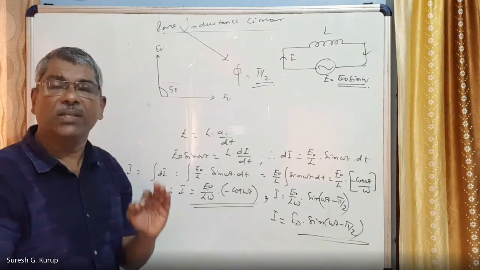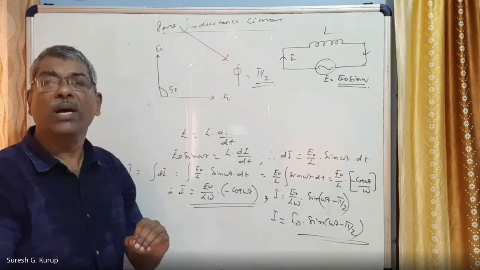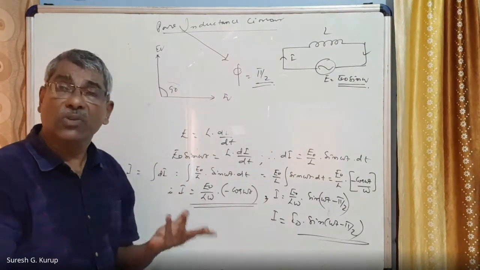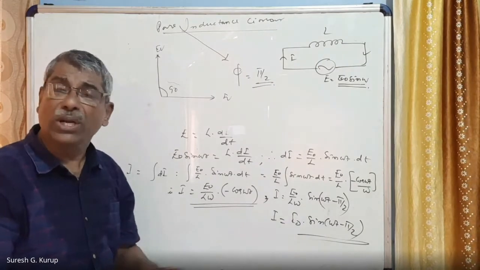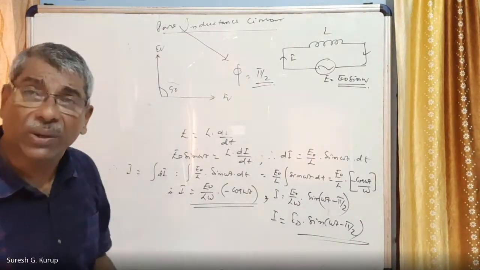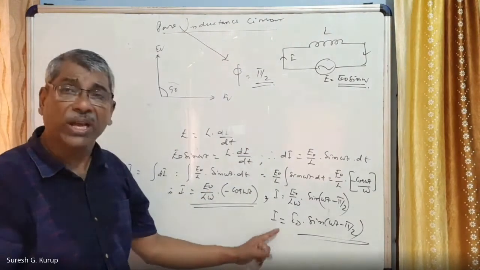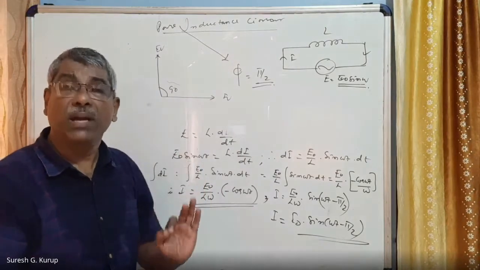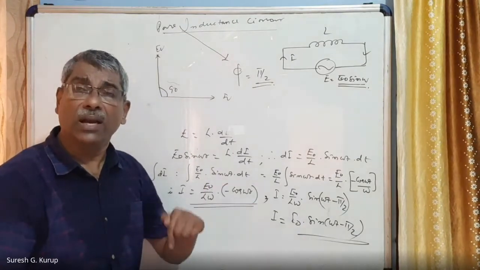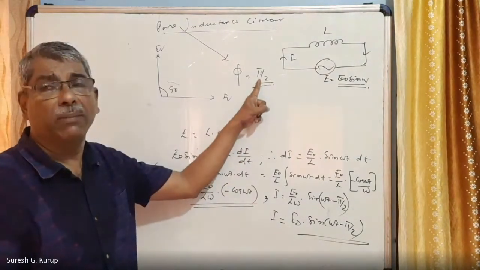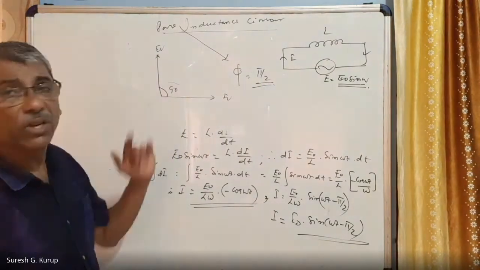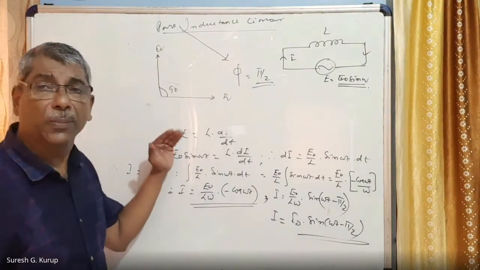But it is not necessary that the current and EMF must go in the same manner. It means when the current becomes equal to 0, the EMF is also equal to 0. There is no need for that. That happens only when the resistance only is there in the circuit. If an inductor is there, it is found that the current is lagging behind the EMF by an angle pi by 2. It means EMF is ahead and the current is behind by an angle pi by 2. This pi by 2 is called the phase angle between current and EMF. This is the phasor diagram. So always remember the phasor diagram, right?